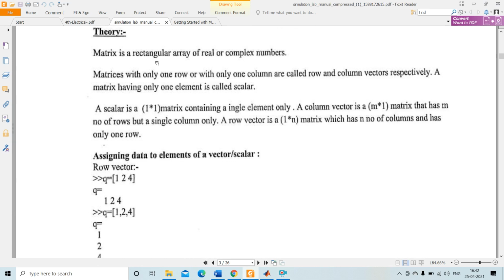A matrix is a rectangular array of real or complex numbers. Okay, a matrix is a rectangular array. So matrices with only one row or with only one column are the row vector and column vector. Clear? A matrix with only one row is the row vector, a matrix with only one column is the column vector. A matrix having only one element is called a scalar. So a scalar is a 1 cross 1 matrix containing